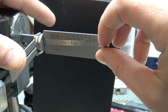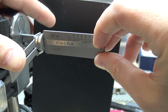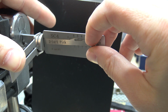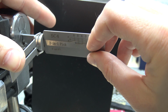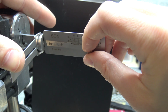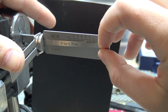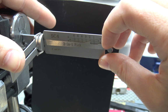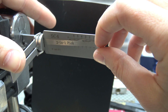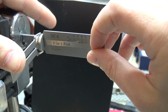Okay, so we got a click on 1, click on 2, 3 springy, so leave it alone. 4 springy, leave it alone. Okay, 5 is binding. Click on 5, 6 is binding. Okay, click on 6. Okay, 1's binding. Click on 1, 2 springy, 3 binding. Okay, and